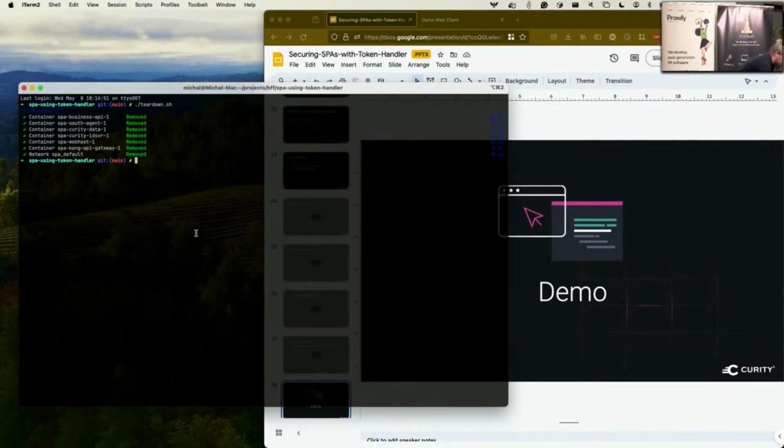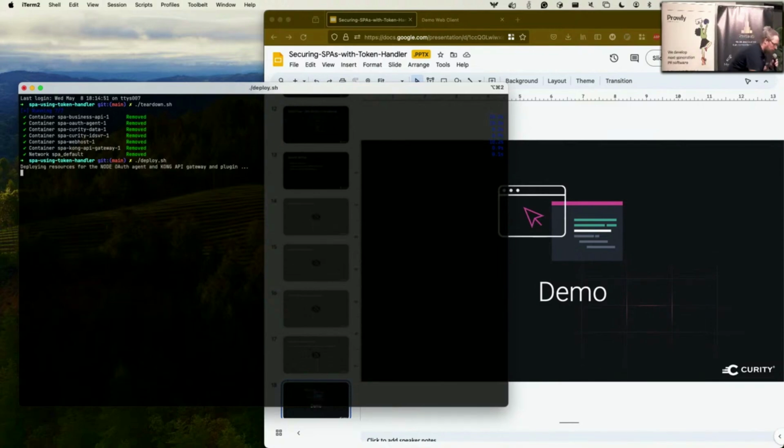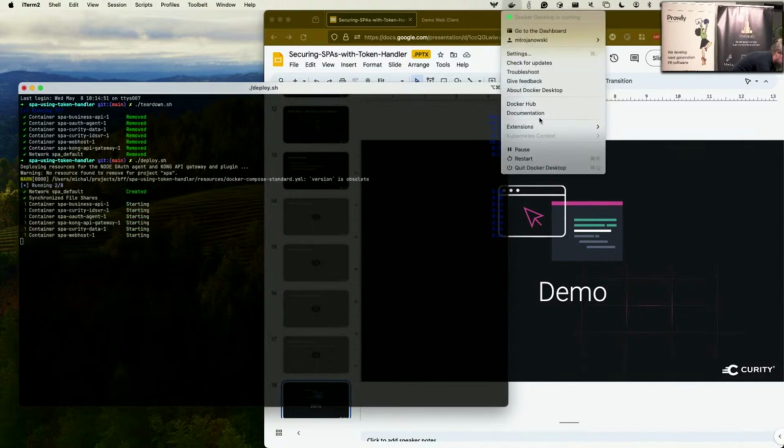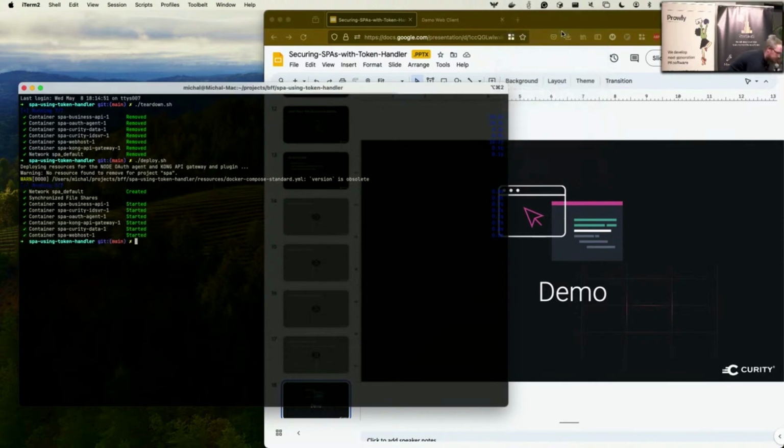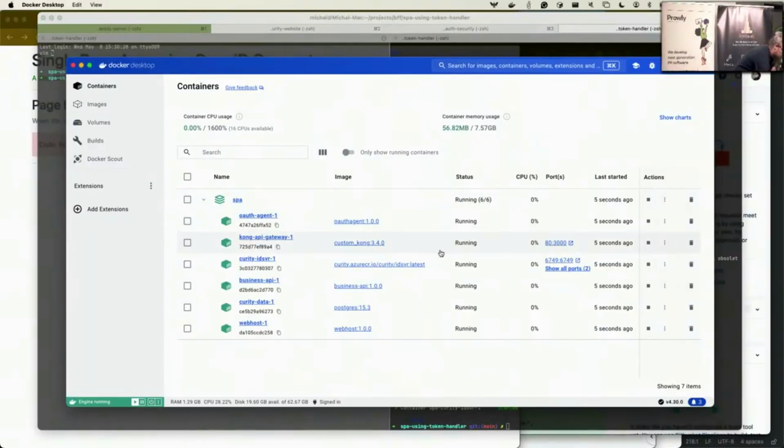So we have a project where you can deploy all the components that are needed for the token handler, and there is a simple script that will deploy the different Docker containers. So if you look here, there's a bunch of containers deployed with the project, and the most important one is that there is a separate component now, an OAuth agent